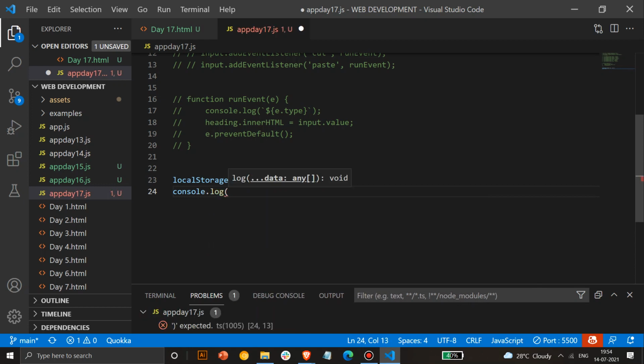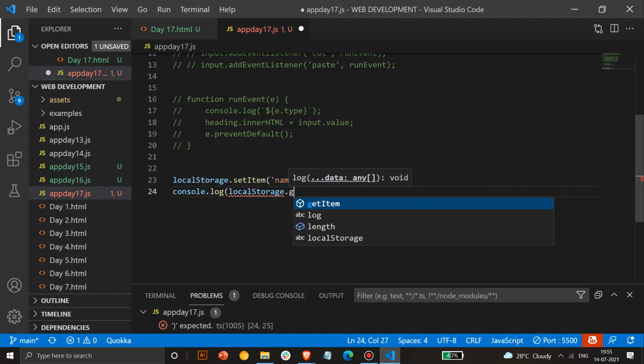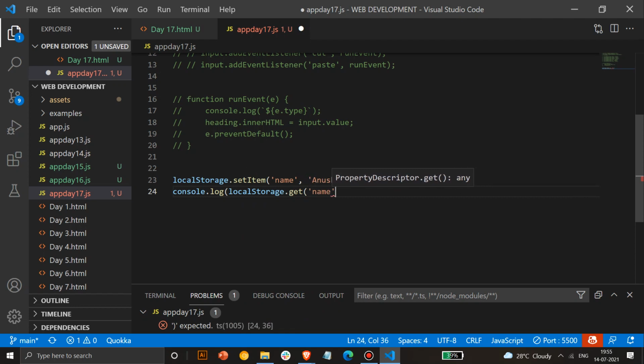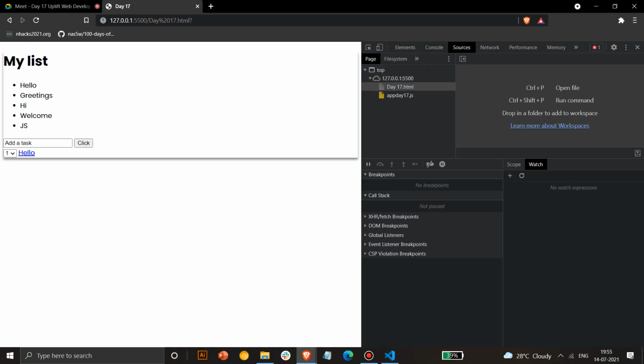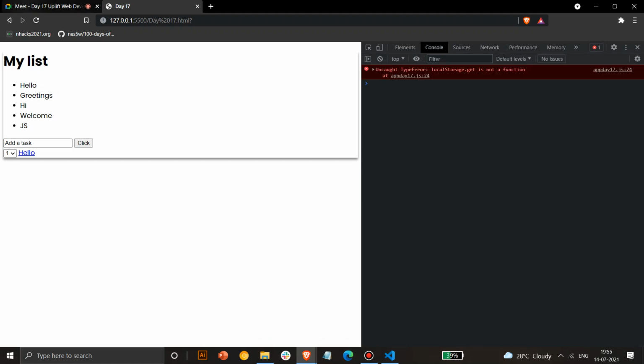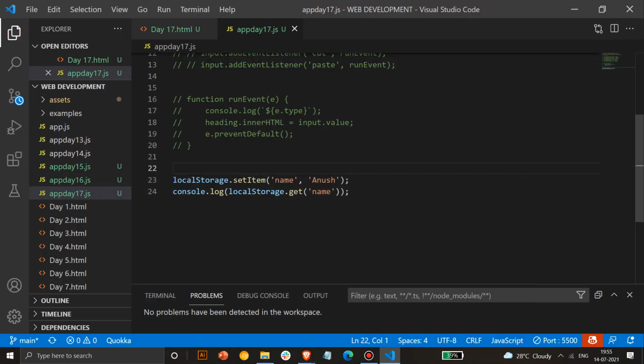And to get the local storage, you have to do localStorage dot get, and we have to specify the name for that. So whatever element that we have used as name here. To get name you have to use the name keyword. So it's a key value pair. What is a key value pair? Anyone can explain what is a key value pair? It's in Python, so you guys might know what key value is. It's like a dictionary in Python. Okay, that's correct. Anybody say what's the issue here? Yes, I think it's get item. Yes, get item.